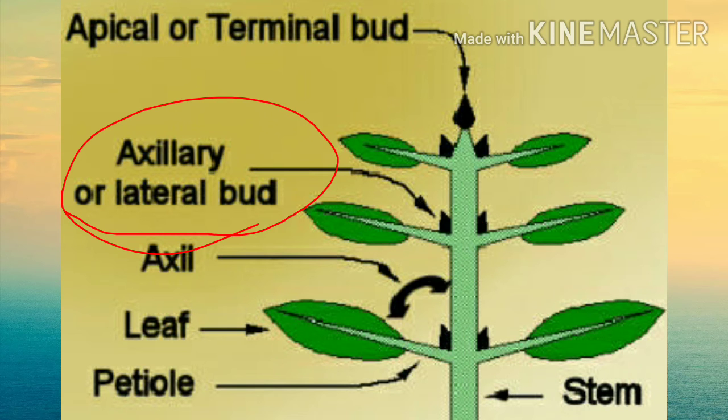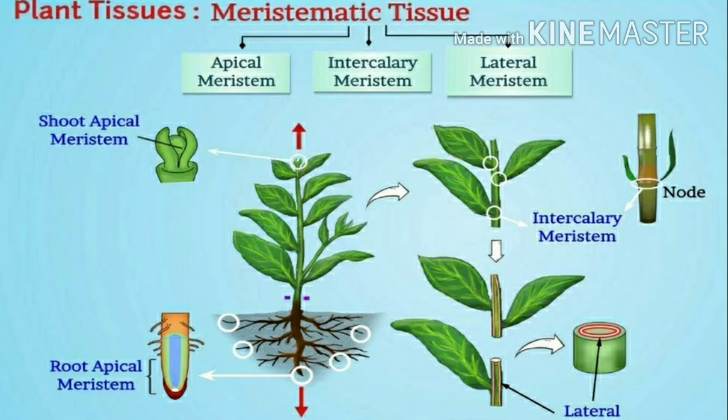So imagine a plant that is growing, and during the formation of leaves and stems, some of the meristem is left behind. These are called axillary buds, and these are found at the nodes of the plant, and they produce buds, and these buds can either produce a new branch or a flower.